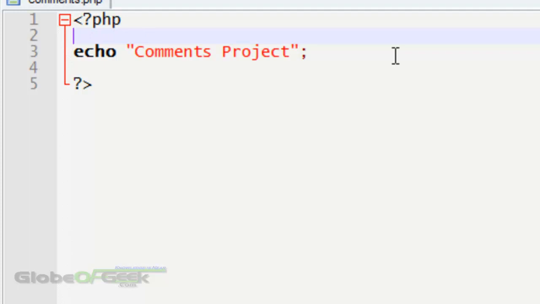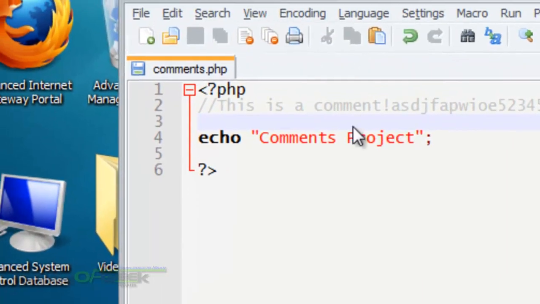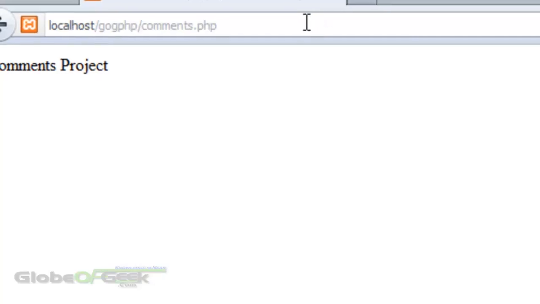So we're going to do this. You put it in the middle of your PHP code. This comment will not be executed. As you can see here, it's highlighted in gray, so it's a bit hard to see, but it's 2 slashes. And you put, this is a comment. You can put all sorts of text, semicolons even. Nothing will be executed. And if you press save and refresh the browser,